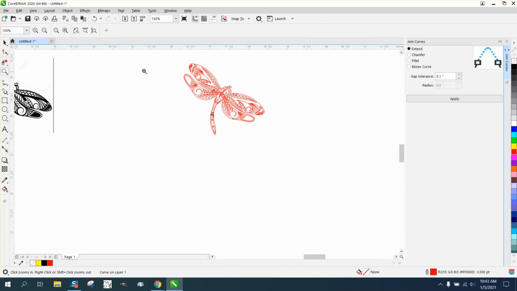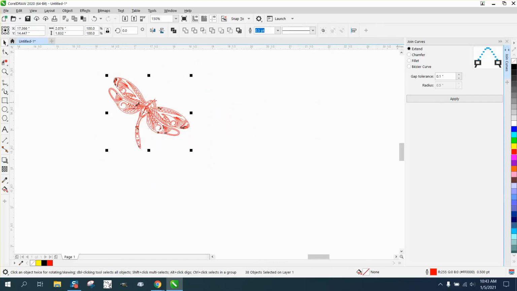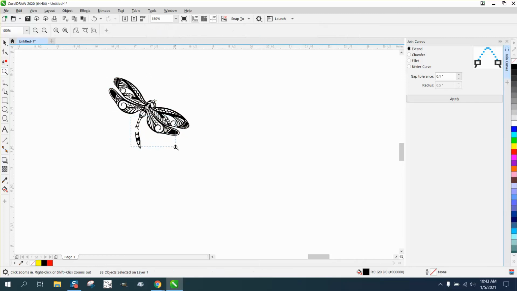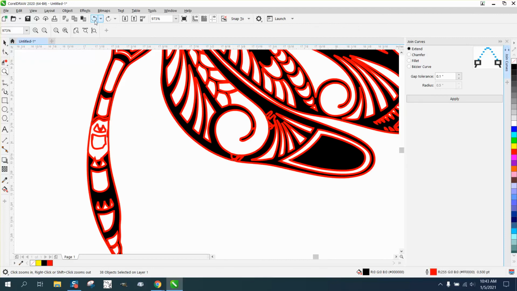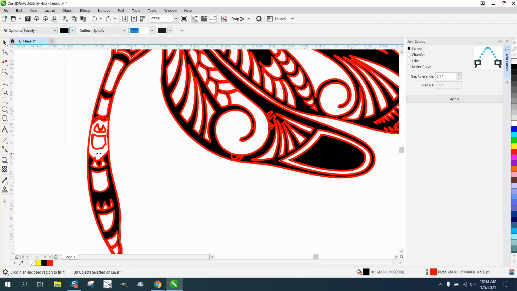You could maybe go over it with the smoothing tool, but then just select it all and left click black, right click no outline. And we've got some leaks there where I fixed it, but very easily just take your Smart Fill tool on black and just fill in. You don't want all these patterns filled in, but